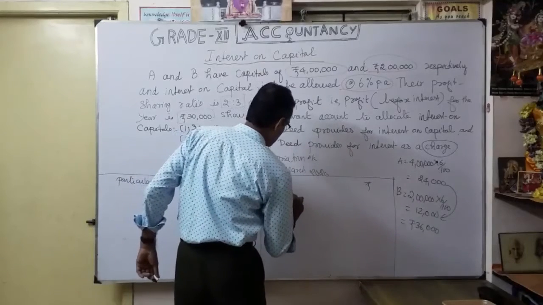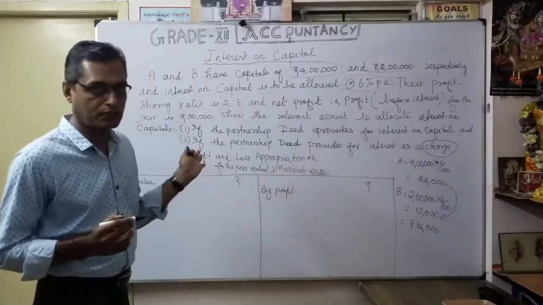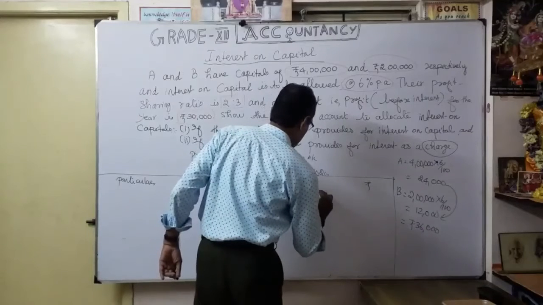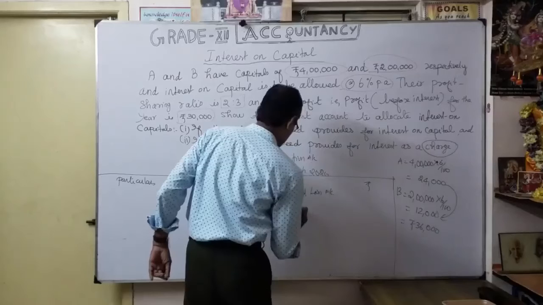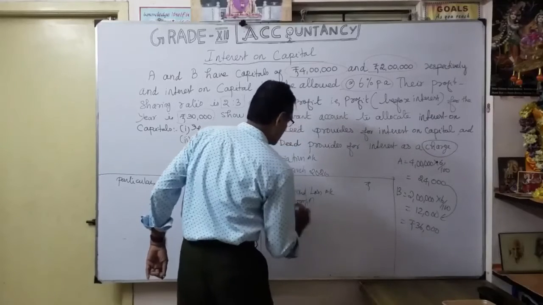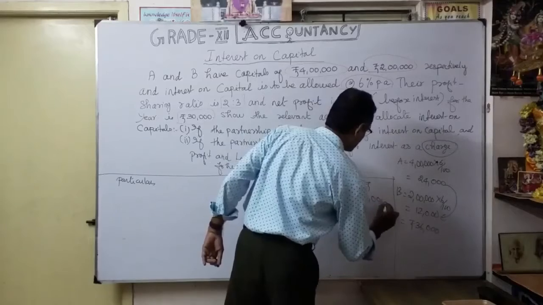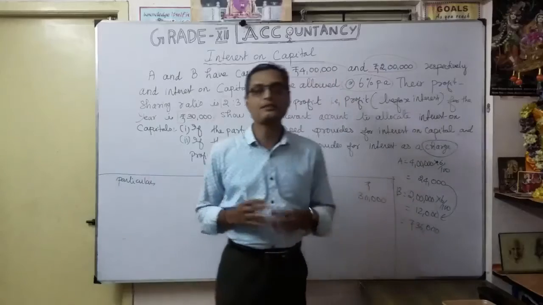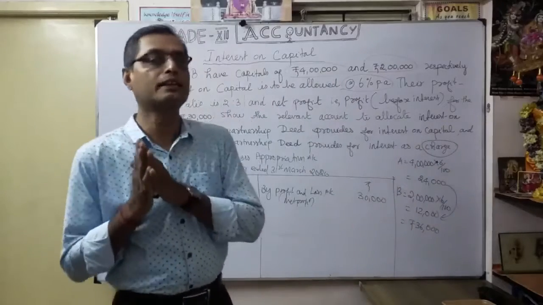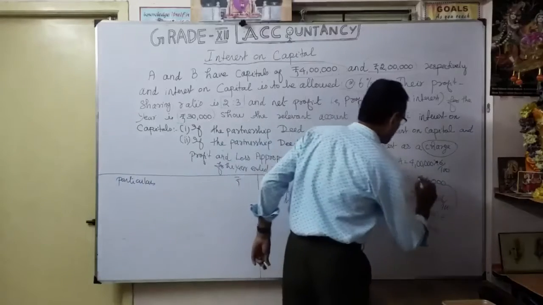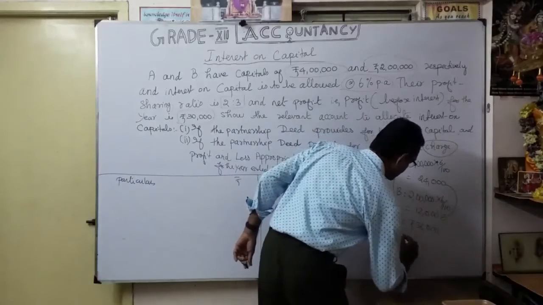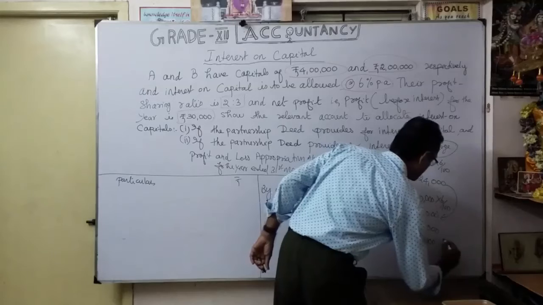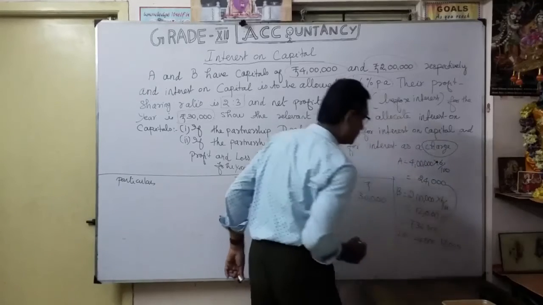That is transferred from the profit and loss account to the appropriation account, isn't it? It is an entry by profit and loss account, as the net profit. How much? Only 30,000. But you have to pay interest on capital of 36,000. So how are you going to distribute between A and B? We distribute in the ratio of the interest on capital, 24,000 is to 12,000. This is the ratio we are going to calculate.